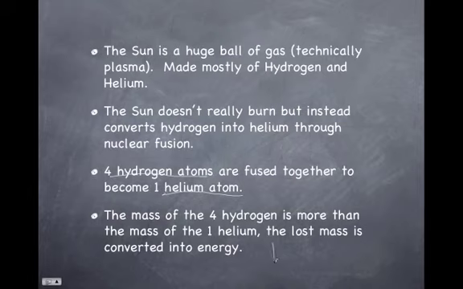Now, of course, this finally explains to you the most famous physics equation ever, which we attribute to Einstein. E equals mc squared. E is the energy, m is the mass, and c is the speed of light. This is actually the equation we can use to calculate the loss of mass of the sun to the amount of energy being produced by it.